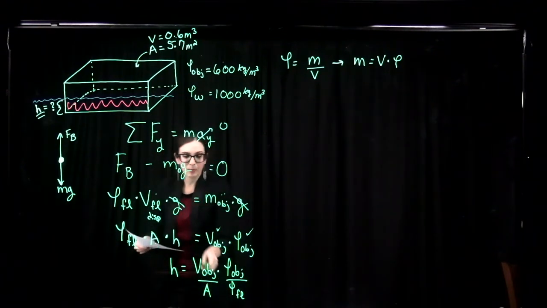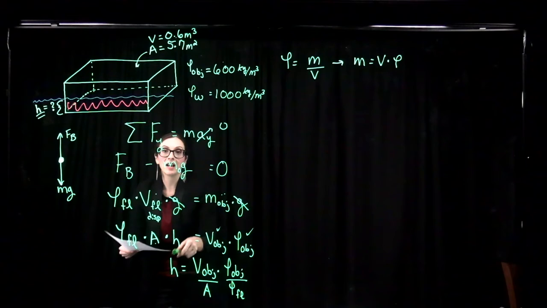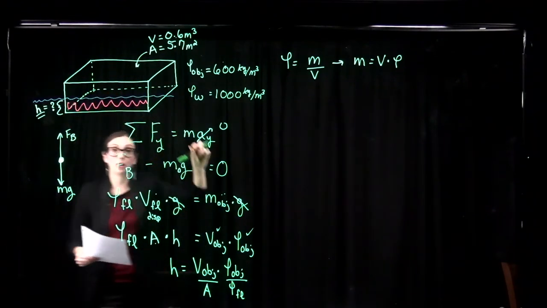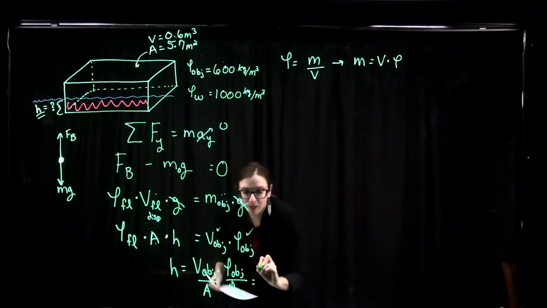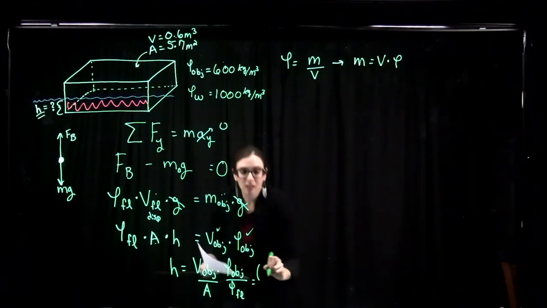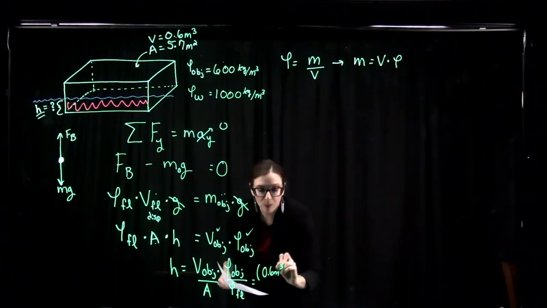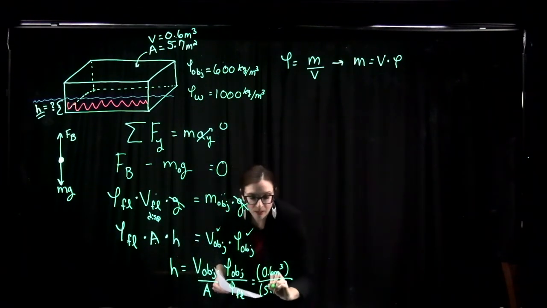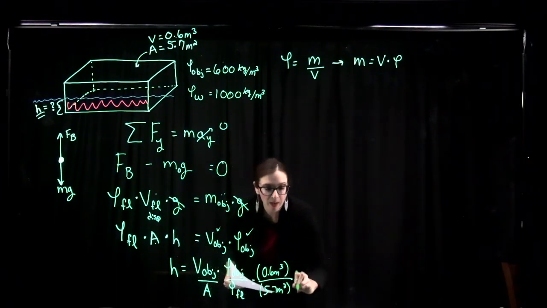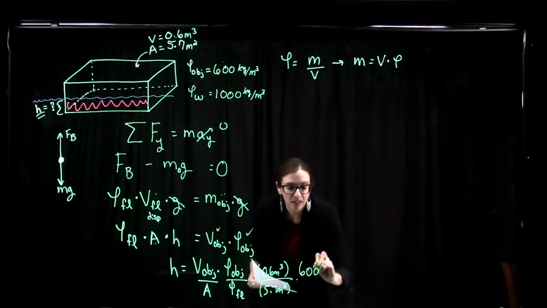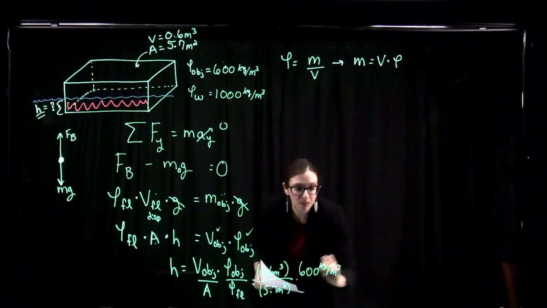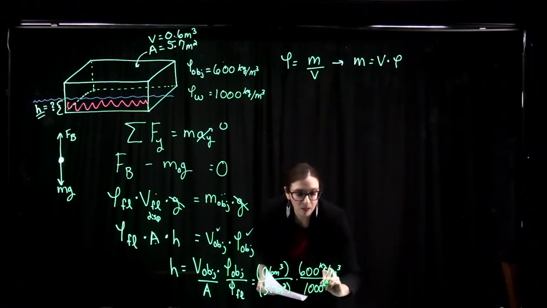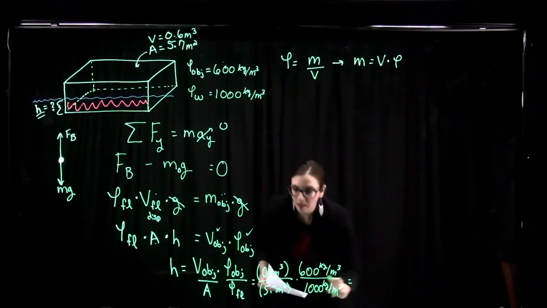Okay, so this is my equation right here to get me the height of my raft that is submerged underwater. So this is going to equal the volume of my object, 0.6 meters cubed, divided by the cross-sectional area of it, which is 5.7 meters squared, times the density of my object, 600 kilograms per meter cubed. Divide that by the density of my fluid, 1,000 kilograms per meter cubed, and then